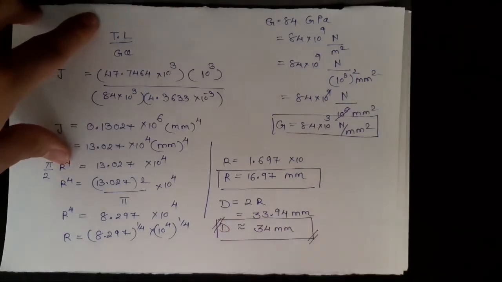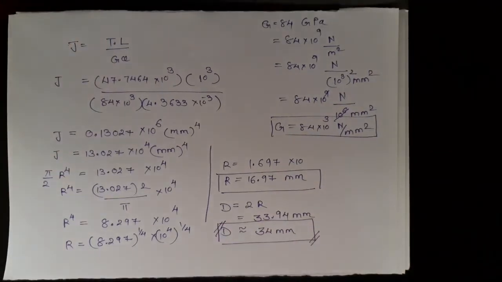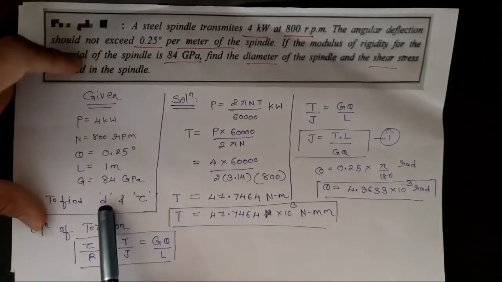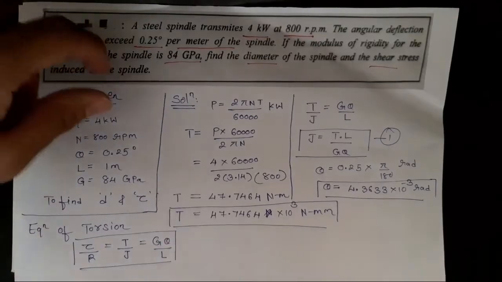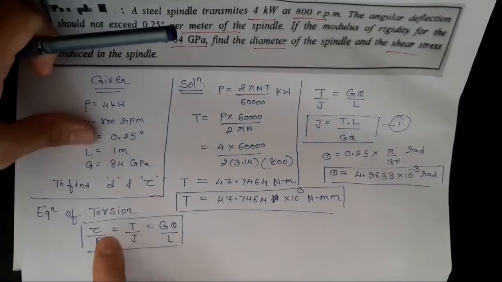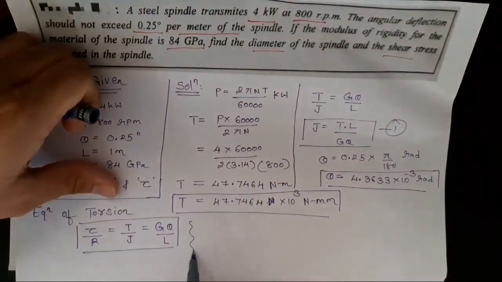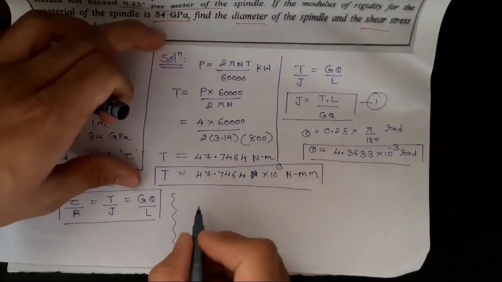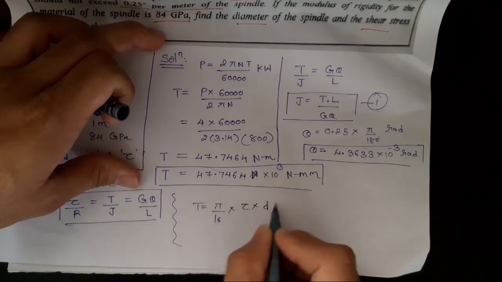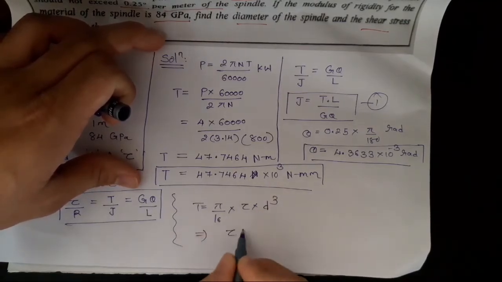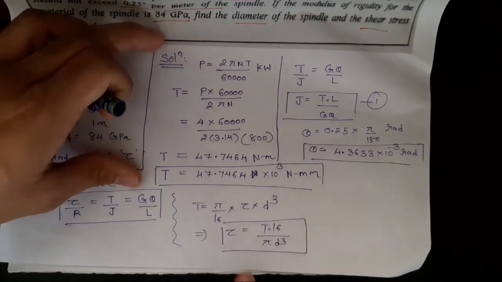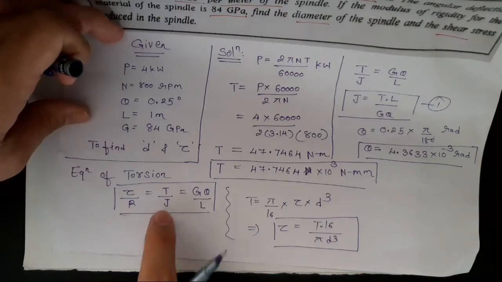So first, our task was complete to find the diameter. Now we will move to find shear stress. As we had found the diameter of the shaft, now we will move to find the shear stress. Here we can find shear stress by two methods. First is the torsion equation method, and the other is from the theories we had discussed, that is a shaft subjected to torsion only. From that equation we can get T equals to pi by 16 into tau into d cube. So from this equation we can get tau equals to T into 16 divided by pi into d cube. So there are two ways to find it. For simplicity we will use the torsion equation.